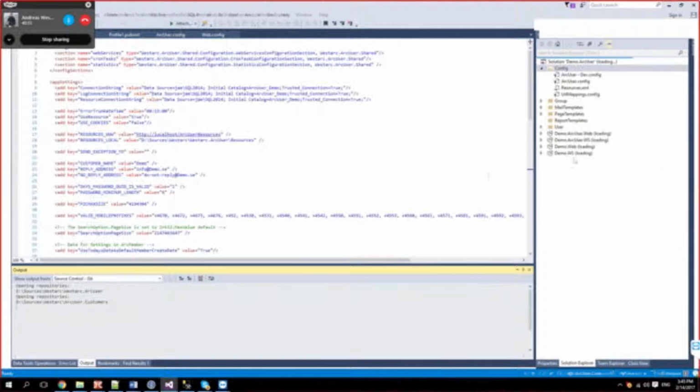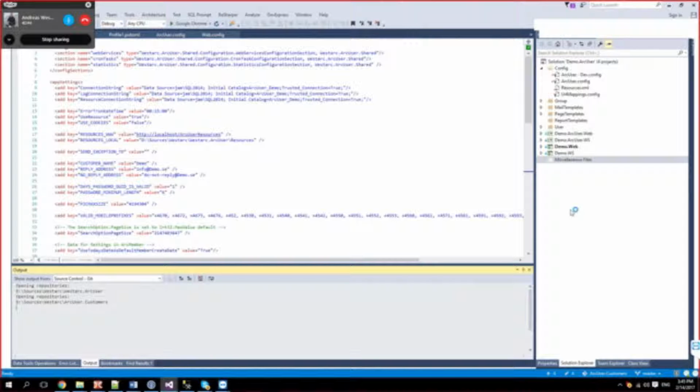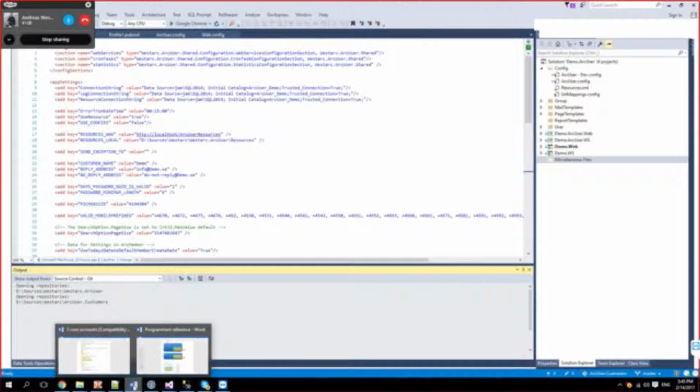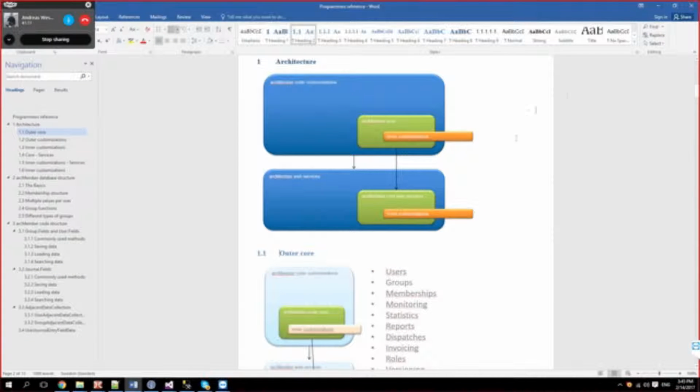I tried to run a demo project this morning, but there were errors. Yeah, I figure the demo project can't be run by itself. It needs to have the Arc user in the background. It wants to communicate with the backend services of Arc user. Okay. So we move back to the document now. Can we perhaps?